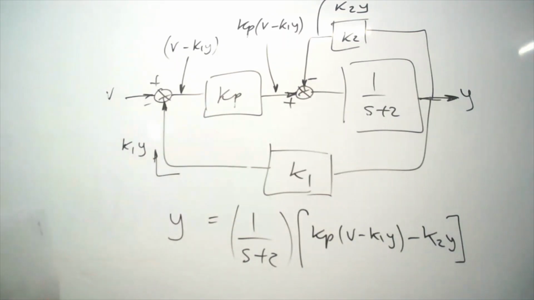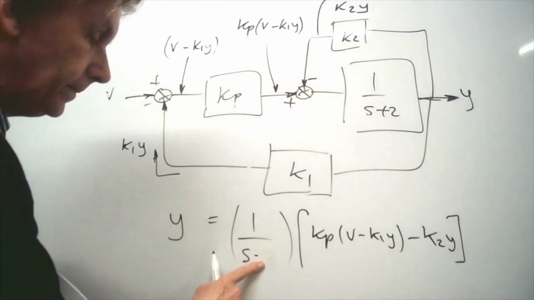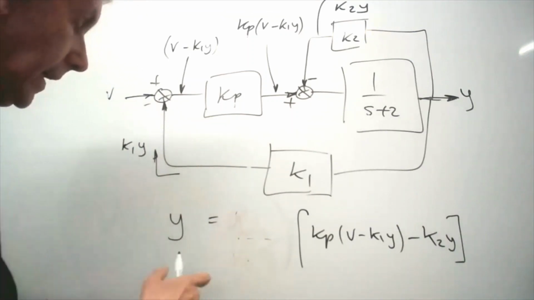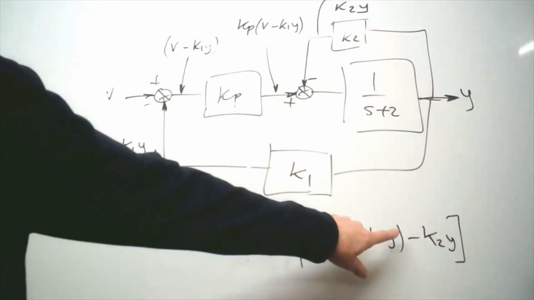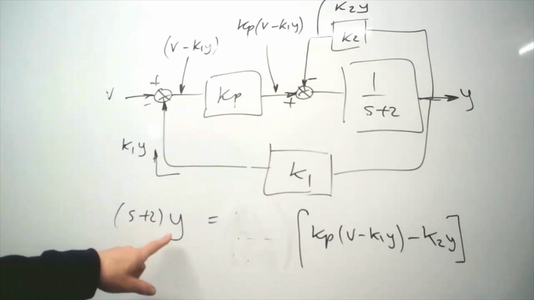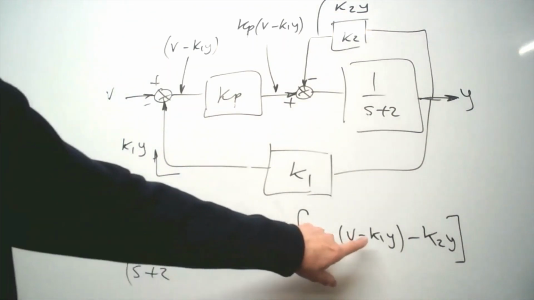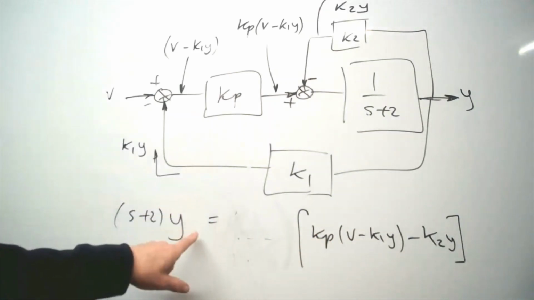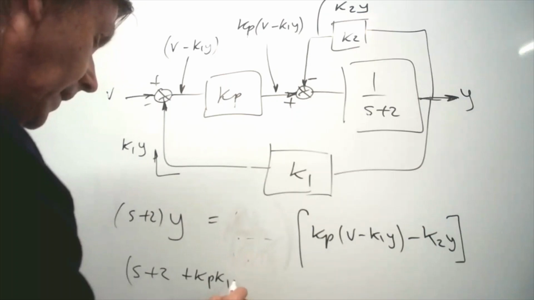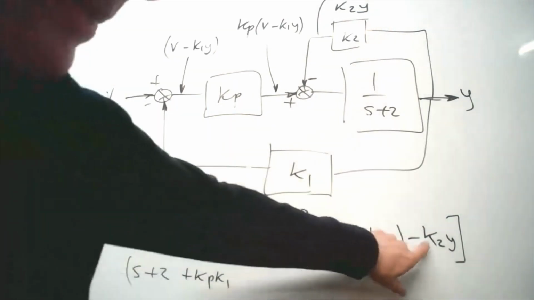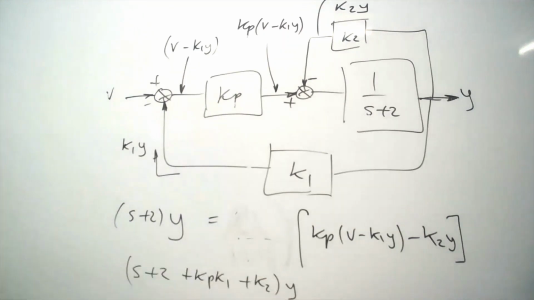And then we have to rearrange this in the form of y equals something times v. The first thing to do is take the s plus 2 and move it up here, because that's easy to do. So all that disappears, and we can have this as s plus 2. Then we can expand this out into the v's and the y's and bring the y's over onto this side to join in with this one here. So then we'll get s plus 2, that's that bit there. Then I've got a kp k1 times y, but it's a minus. But remember, it jumps over this sign and changes sign, so the minus becomes a plus. So it becomes plus kp k1. And a minus, again, becomes a plus on this side, plus k2. Then that's multiplied by y, because it's kp k1y and k2y, and that's equal to